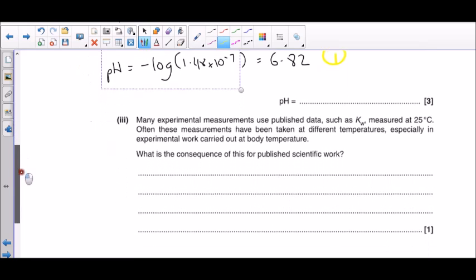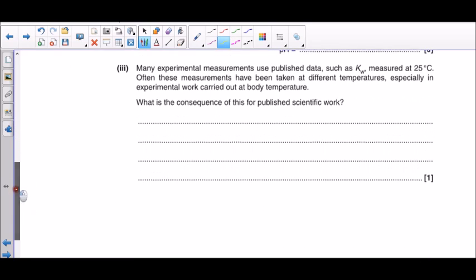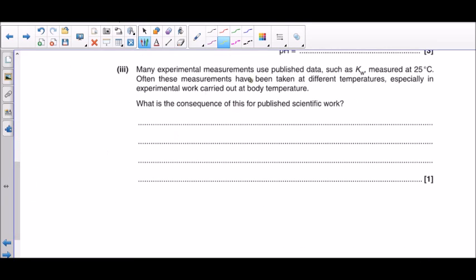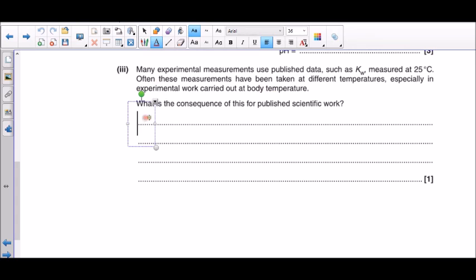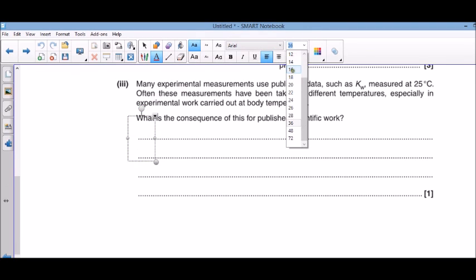And then if we carry on down to the next bit, we've got many experimental measurements use published data such as Kw measured at 25 degrees. Often these measurements have been taken at different temperatures, especially in experimental work carried out at body temperature. What is the consequence of this for the published scientific work? Okay, so if you have a think about what we're saying there, we're using a Kw value measured at 25 to talk about work that's been done at a different temperature, and all we need to say is that the work